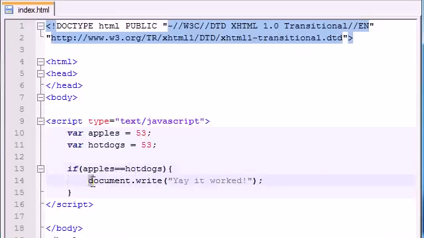Anytime it's true, this bit of code is going to run. Anytime it's false, nothing's going to happen. So you're basically giving your computer a decision to make. If this is true, run this. If it's not, don't do anything. So aside from this double equal sign, we know that we can use the double equal sign to tell JavaScript